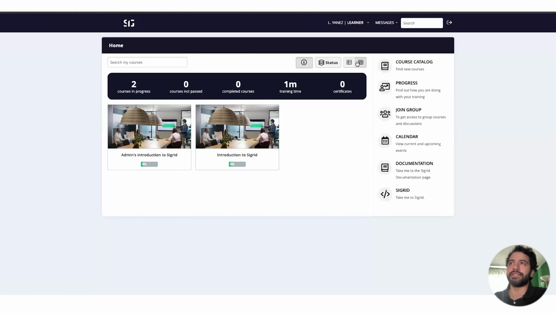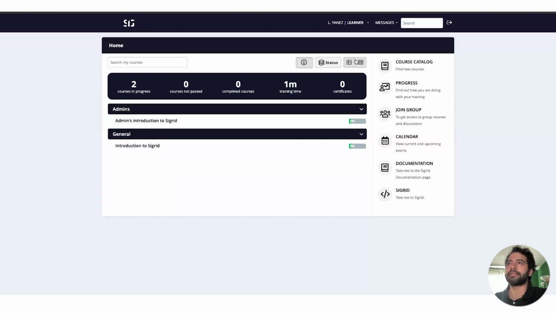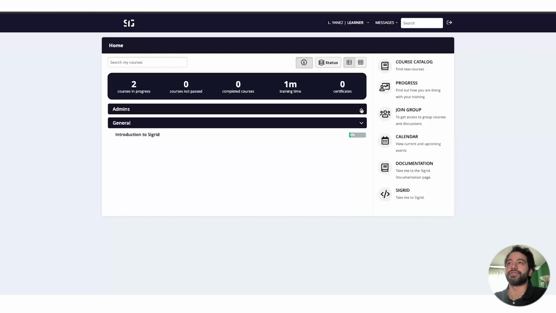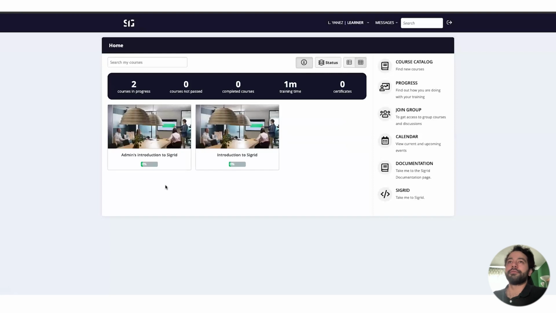So that's actually easy to toggle in and out of. Up here on the top right, you see the grid and list form. If you click list form, you'll see the trainings this way. You can also, of course, choose to hide or show the different sections. I personally prefer this if it's manageable. You also have this info box, which gives you an idea of just how your training is going.